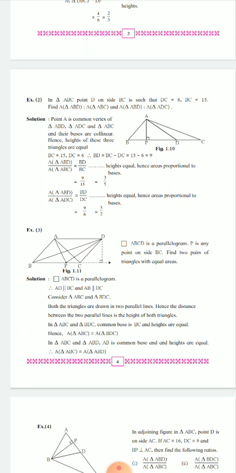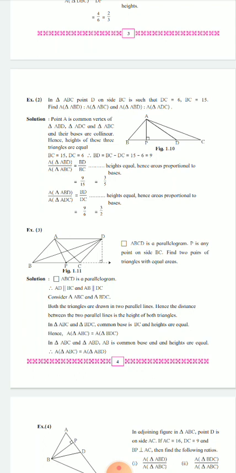Up to this, what we have seen is that pairs of triangles are given and we have to find out the ratios. But in this case the diagram is given and we have to find out two pairs of triangles with equal areas. Now we will see in this parallelogram ABCD. As per the property, AD is parallel to BC, isn't it? And AB is parallel to DC as per the property of a parallelogram.